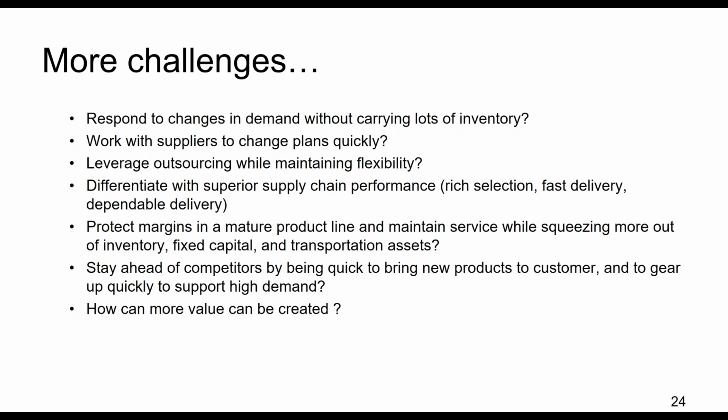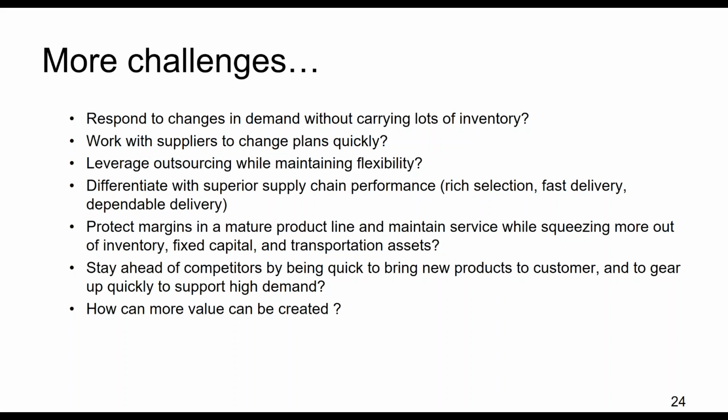while maintaining flexibility also. Differentiate with superior supply chain performance, right? So rich selection, fast delivery, dependable delivery. So when we say that, okay, I guarantee you that I will ship you this product without any breakage in it, that's one part of it. At the same time, I will expect that somebody will say, okay, I will give you this product in the fastest time, but I cannot guarantee the quality over there. So we have to differentiate between the performance of supply chain, which looks very lucrative,